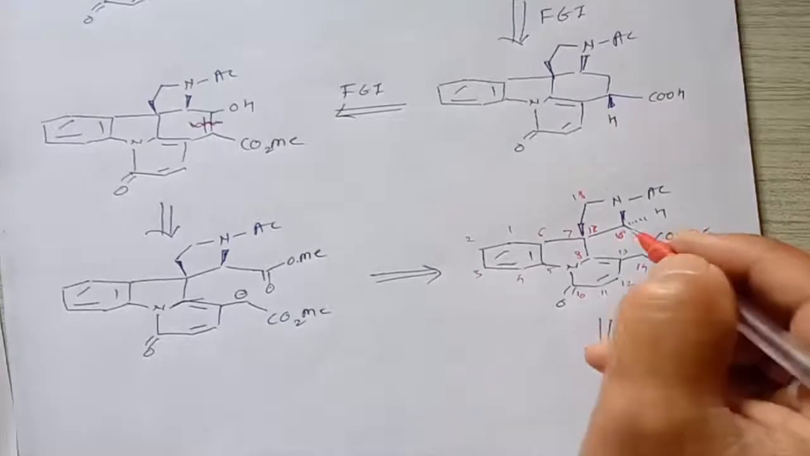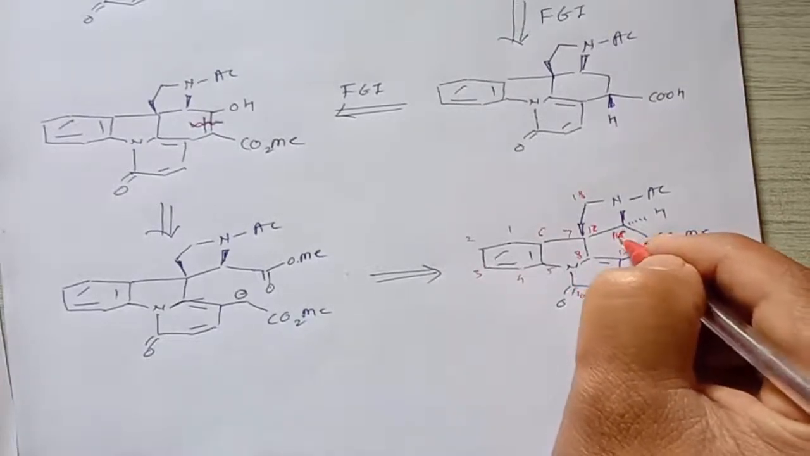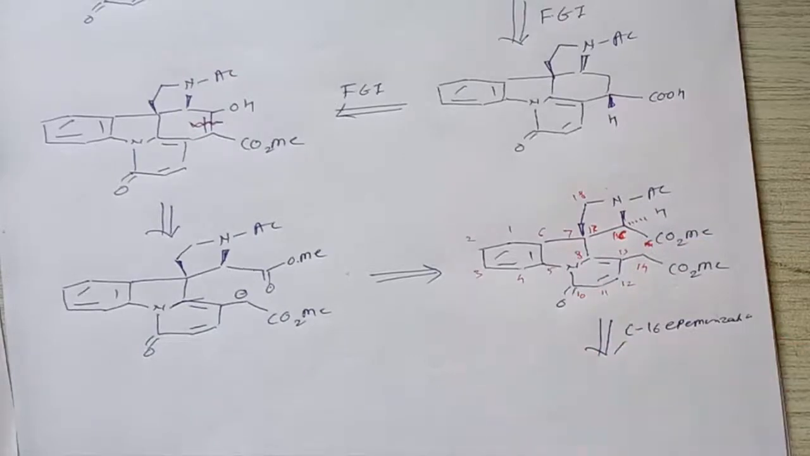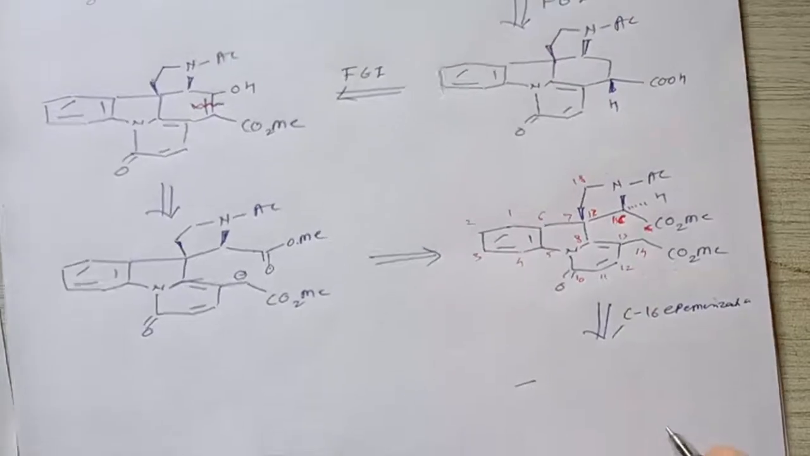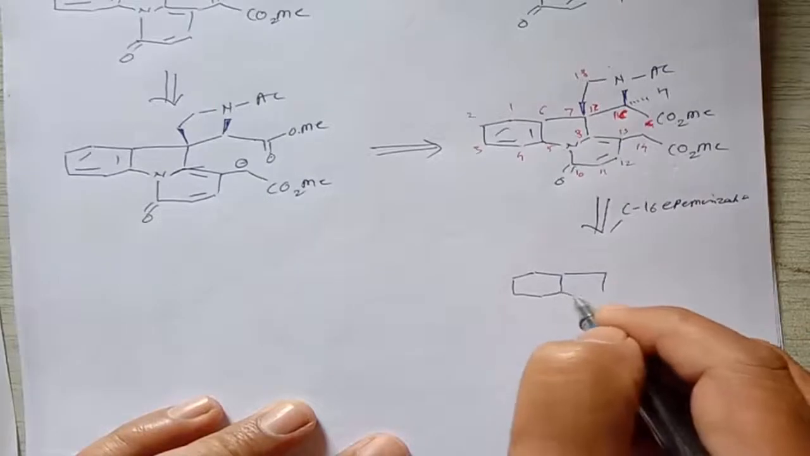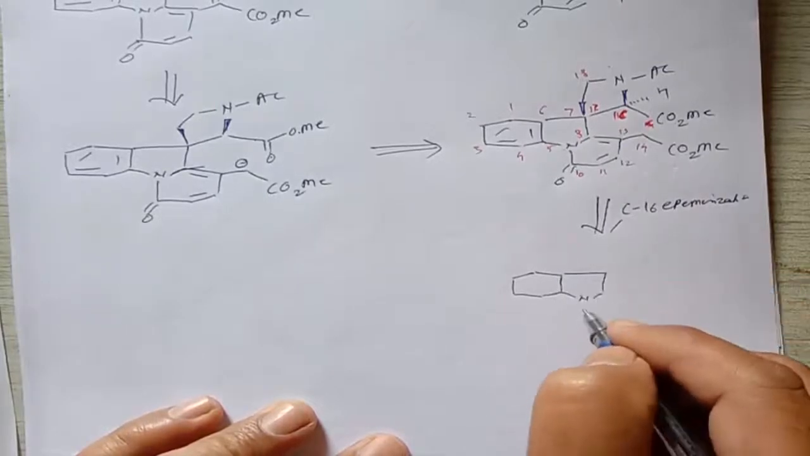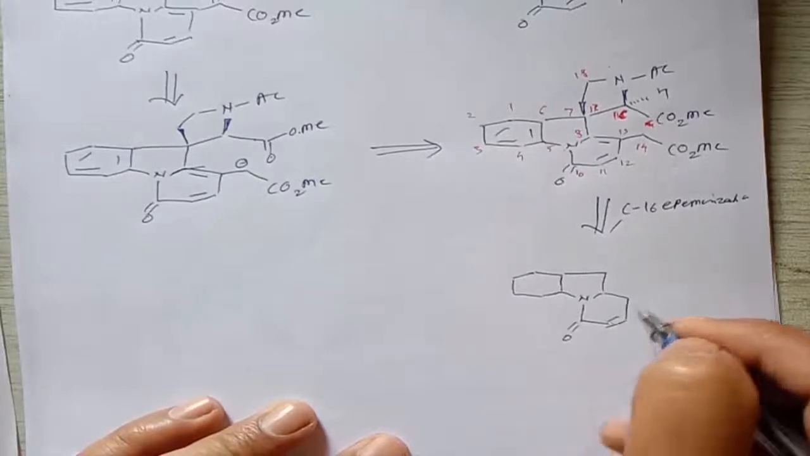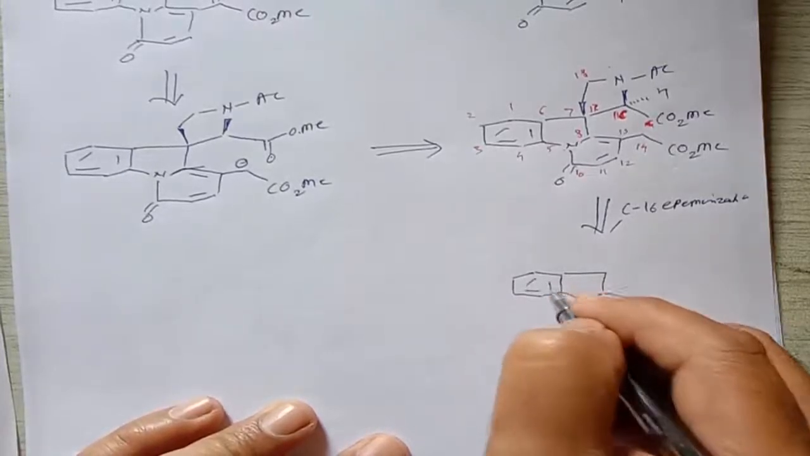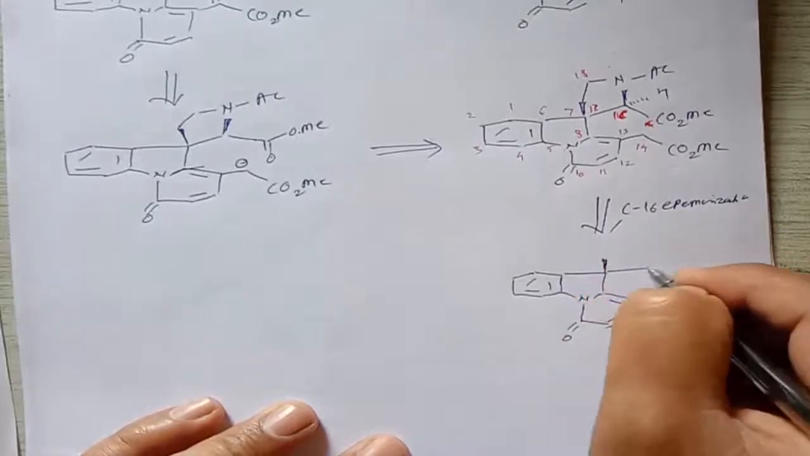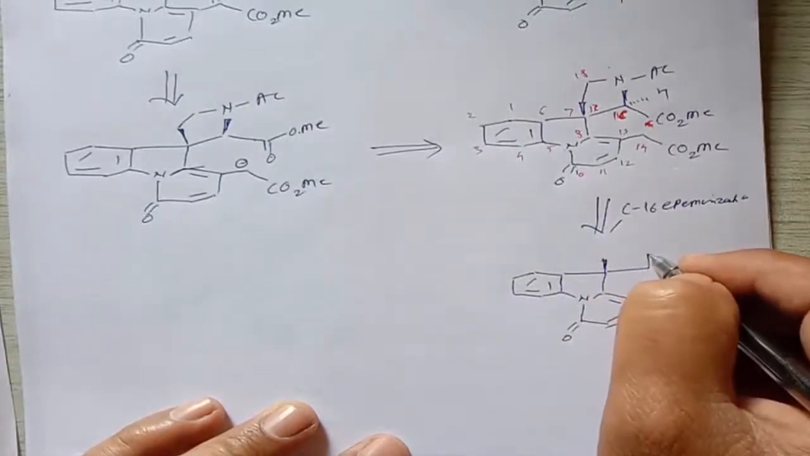So what we have to do here, this is carbon 16 and we have to do a C16 epimerization here, and after epimerization the remaining molecule will be the same. So this is an aromatic ring, a 5-member ring, then here is a 6-member ring which contains a carbonyl as well as a double bond. This is an aromatic ring, and then here is a